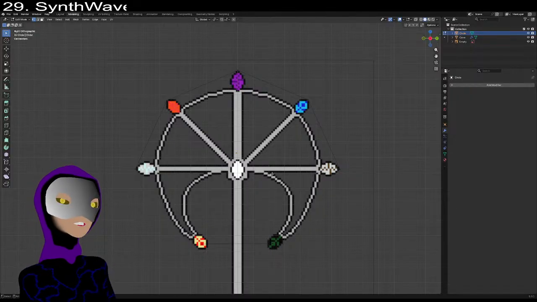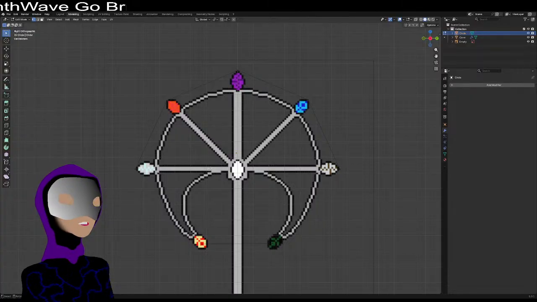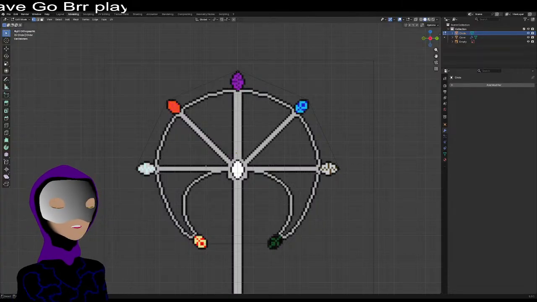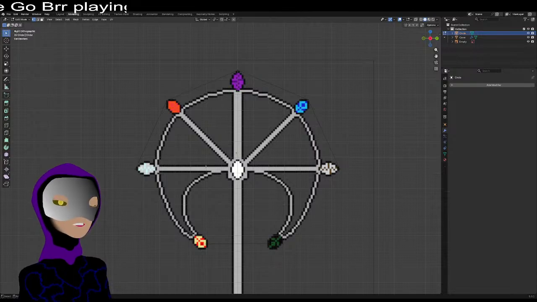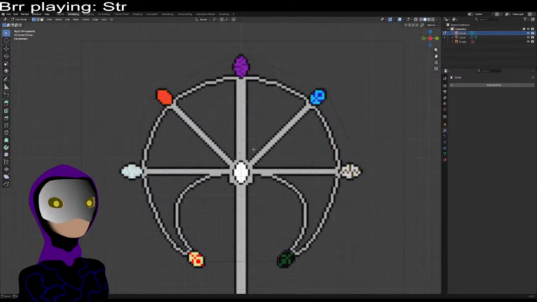There are three fun parts to this, otherwise known as the three stages of making this thing. The first one is the actual modeling, which we're doing now. Then there's the coloring, and then there's the actual animations, because this is supposed to be a BRB screen, not just a weapon, the BRB screen. Alright,